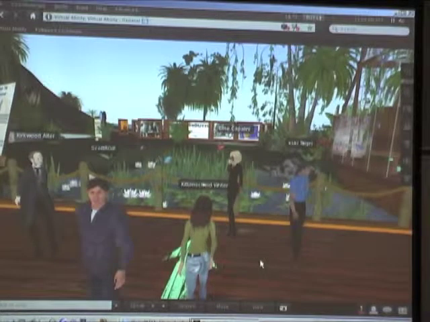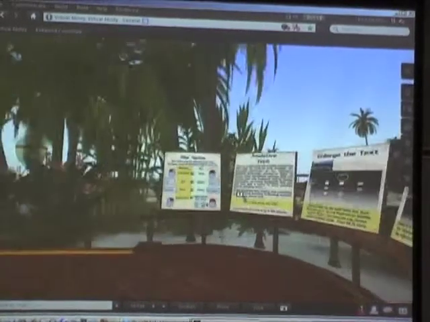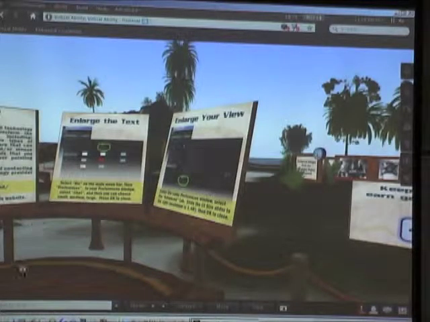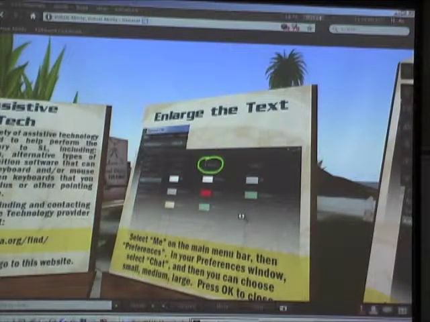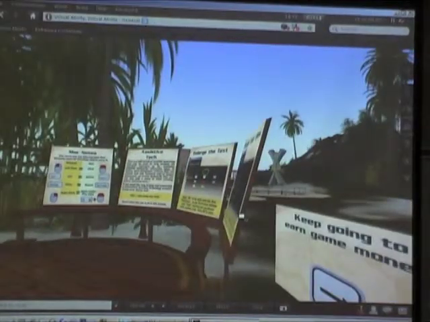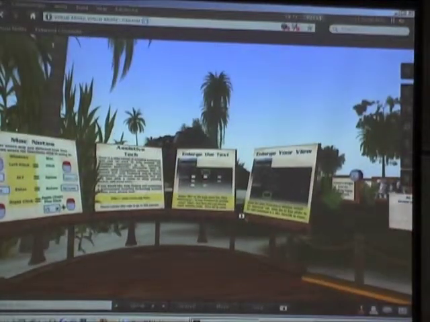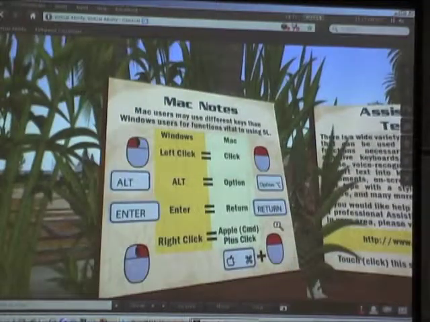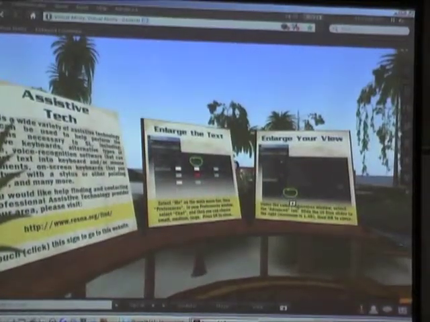Sure. We did a lot of testing, and Alice gives me a lot of credit for this, but it really wasn't me. It was a whole community of people that helped put all of this together. But if you look at the signage, they're slanted back a little bit. And what we did was we took the default camera view and made sure that the avatars that were coming in at the time would be able to walk up to the sign and read it easily. We did that with some testing with people from our community.